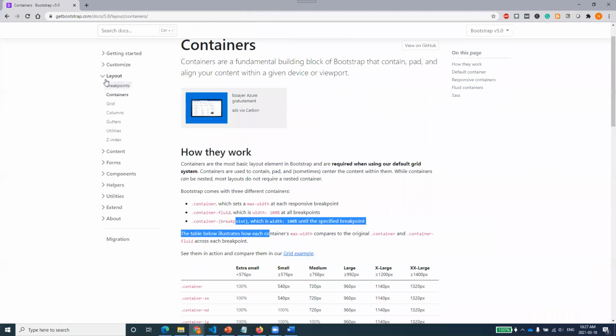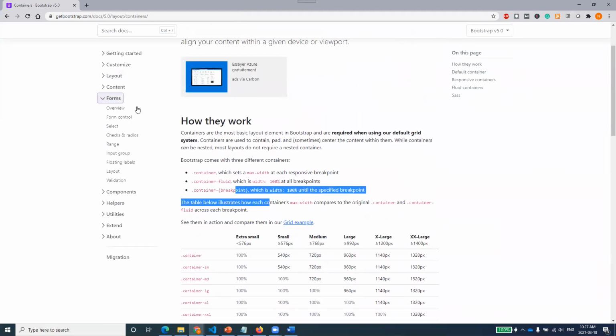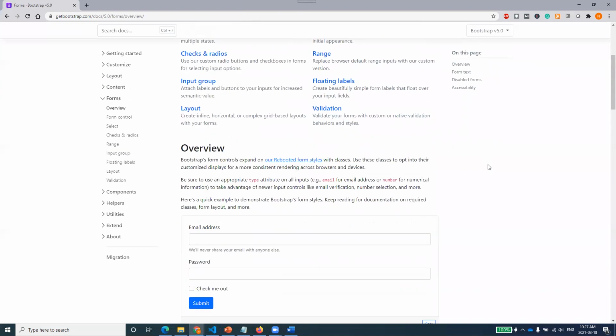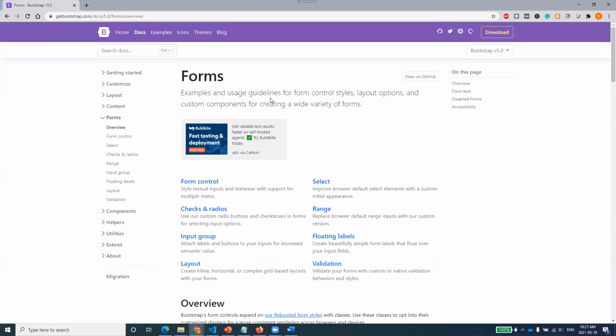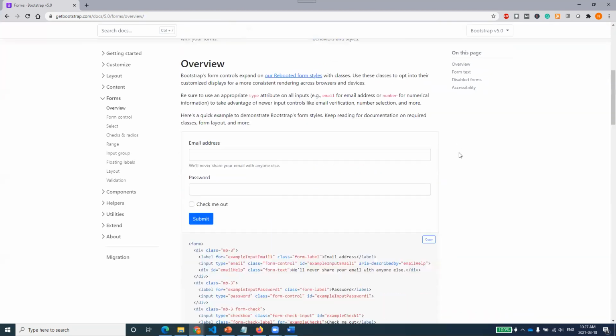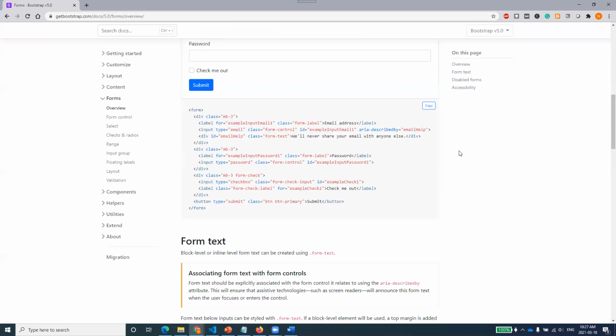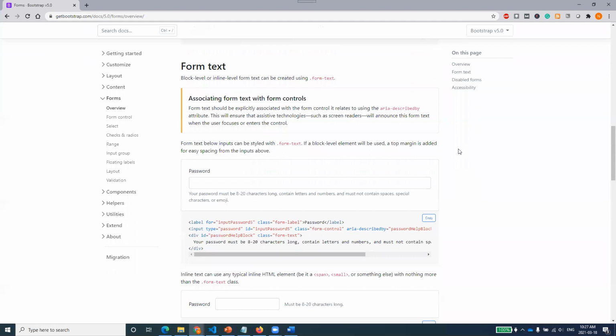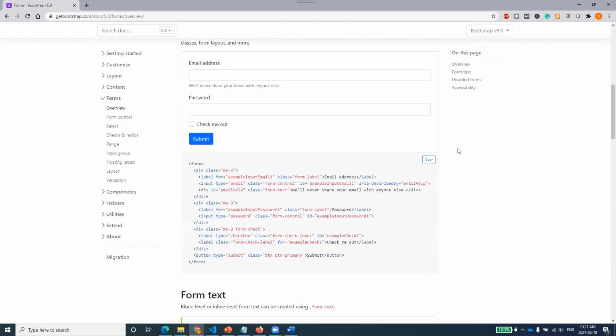So if you come inside these forms, because we are working on forms, it has a lot of examples and user guidelines for form control styles. There are lots of form control things that we can use. So they have a generic class.